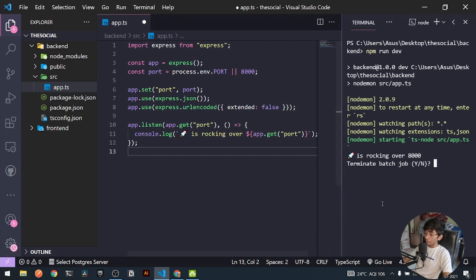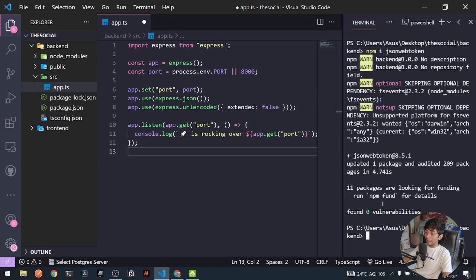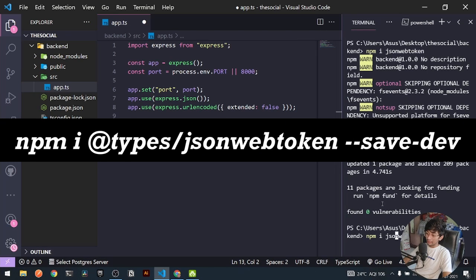So first things first, what we can do, we can stop our entire server, and onto our entire folder, you need to get certain dependencies, that is packages. And the first package will be nothing but npm install jsonwebtoken. Right, you need to get the entire package of JSON web token itself, that is JWT. Awesome. And after this, you also need to get the particular types of JWT. So for that purpose, you should be writing @types/jsonwebtoken, and at the end, you need to add a flag of save-dev and hit enter.